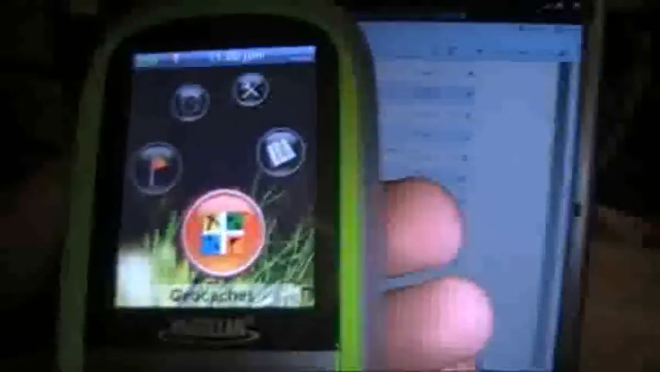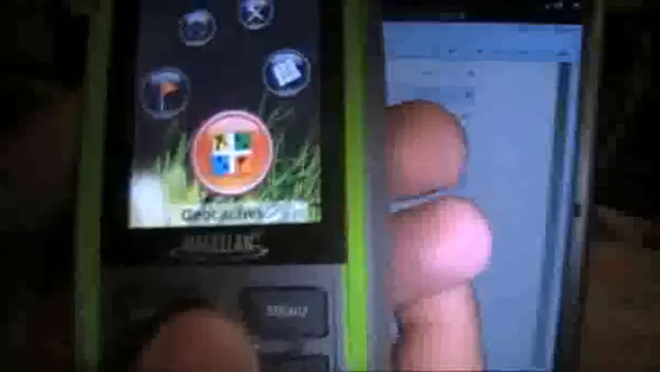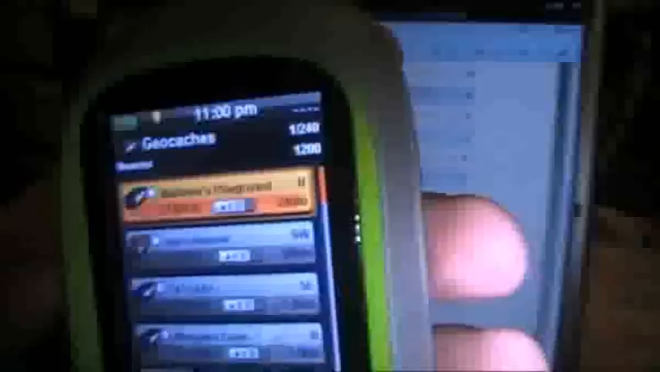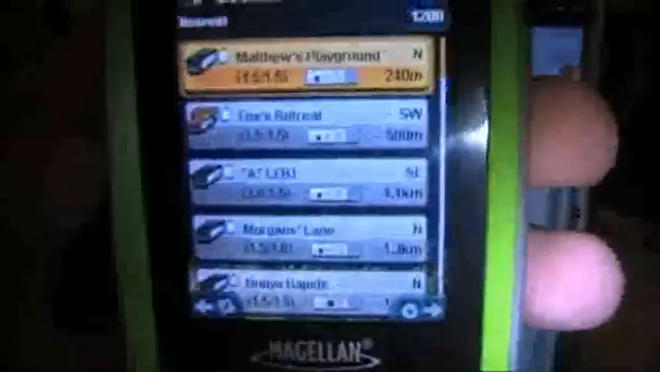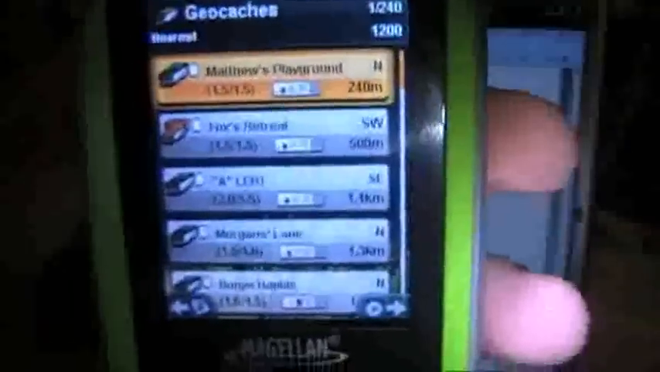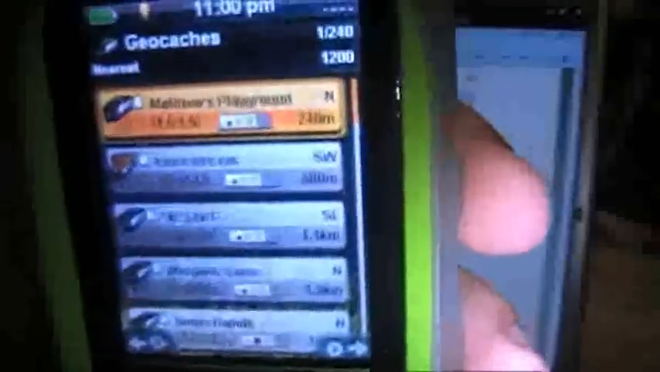So we just press our joystick enter button. It takes us to a listing of caches. As you can see, a little bit of reflection on the screen, but it's not too bad. So you've got your standard screen, like I've seen similar type screens on other GPS devices, and we can look at cache details. So Matthew's Playground, for example,